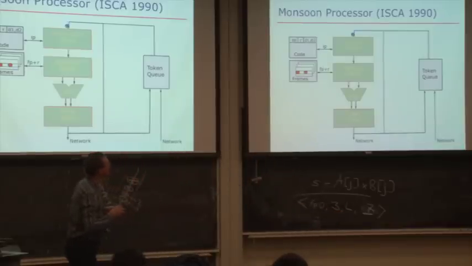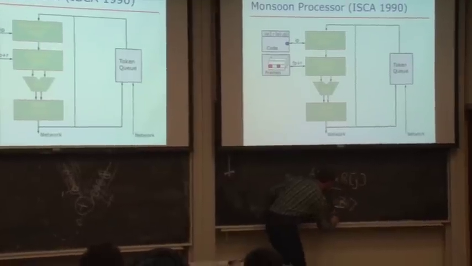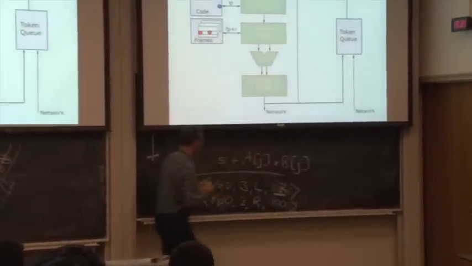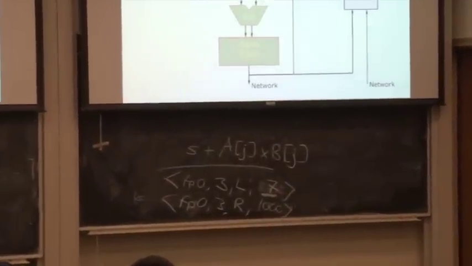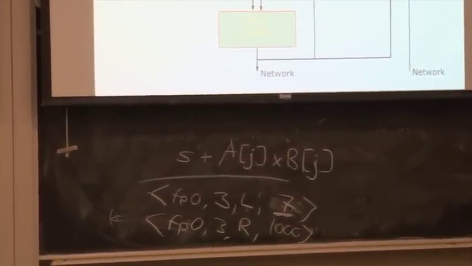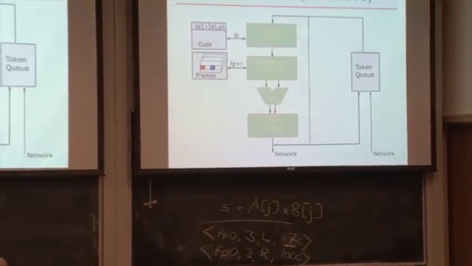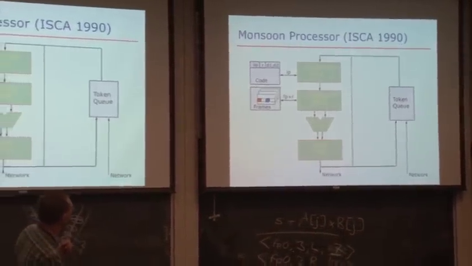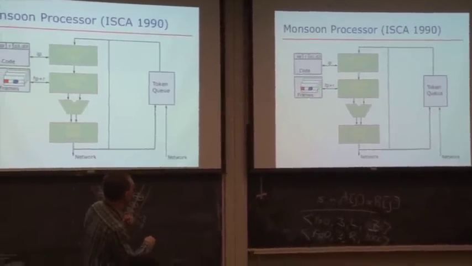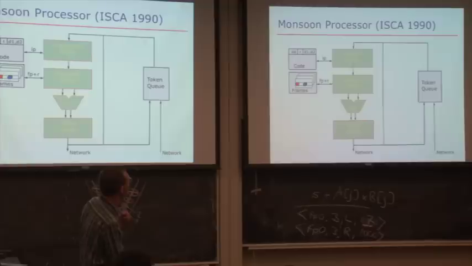And the other token comes, and it's supposed to be this, right? FP0, 3, right, I don't know. Now I can put 1,000. It queries that code, fetches the code, and then checks whether a matching token exists. This is the token matching process. How do you check whether the matching token exists? You take the frame pointer and index into that frame and get the operand associated with that particular instruction. Right? And the token already exists.